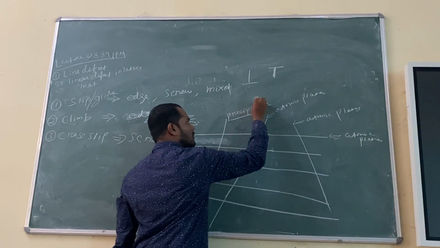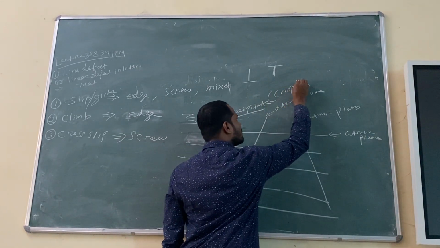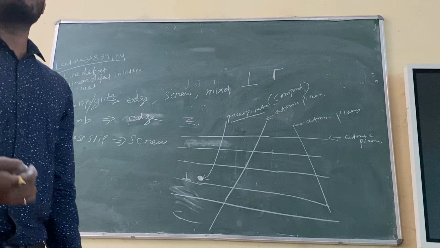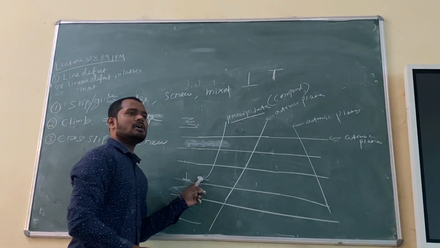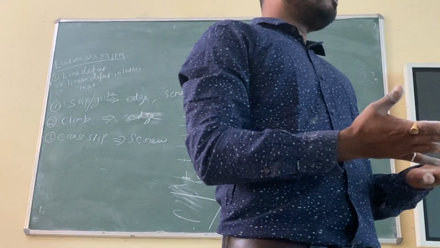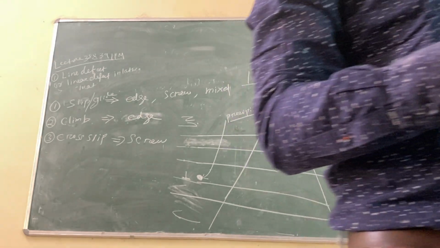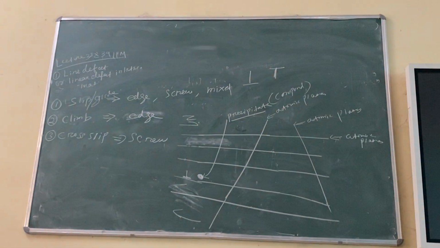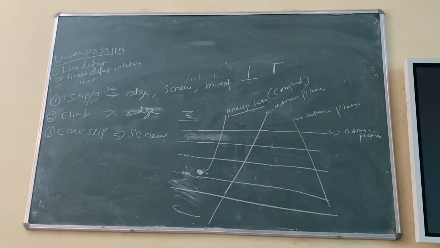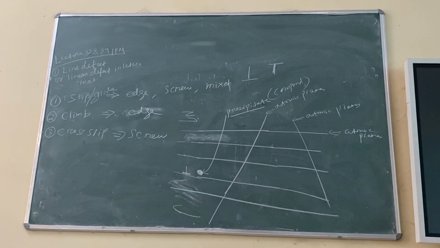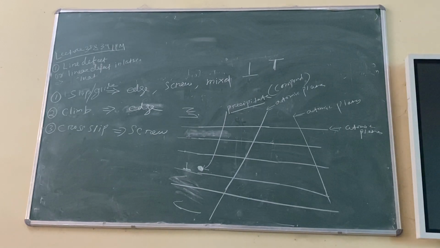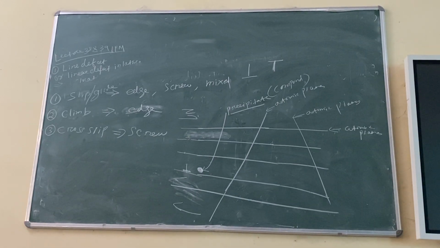Suppose any compound, any intermetallic compound, right? Basically, intermetallic compounds are harder and stronger compared to the base metal or base alloy. For example, you have an aluminium-nickel alloy. In that alloy, you have a compound Ni3Al, or you have a nickel alloy where the main element is nickel, but you have a compound Ni3Al, right? So Ni3Al will be very hard compared to nickel. Nickel is soft. Ni3Al is very hard.